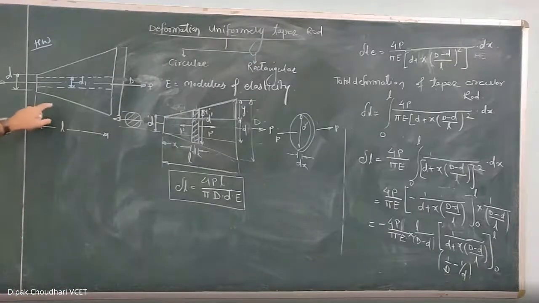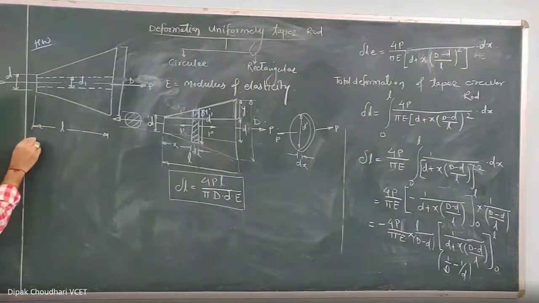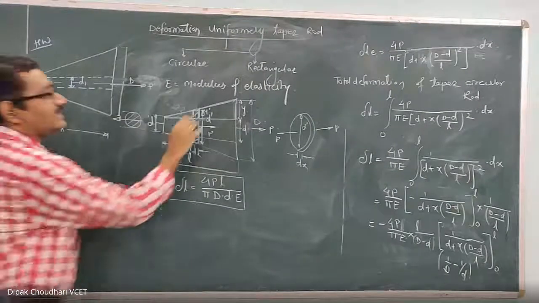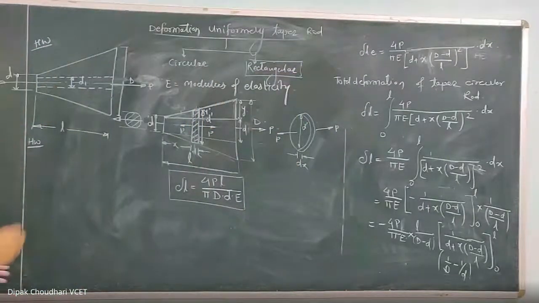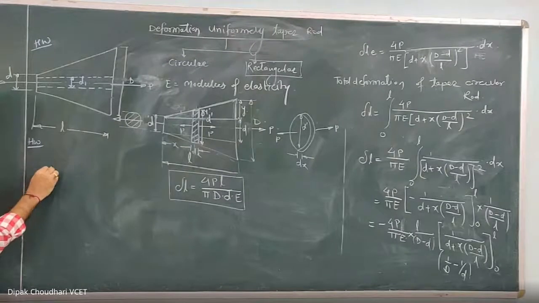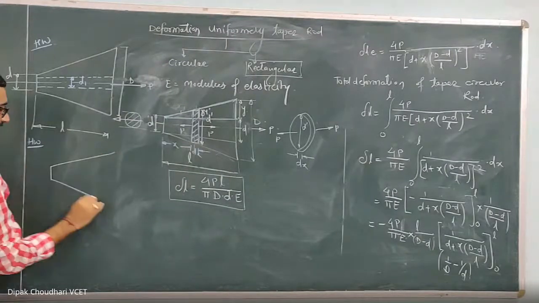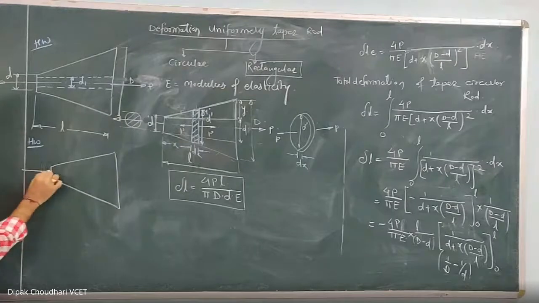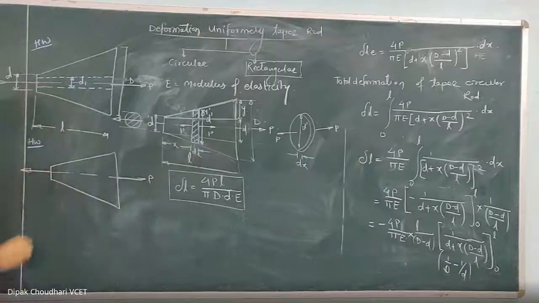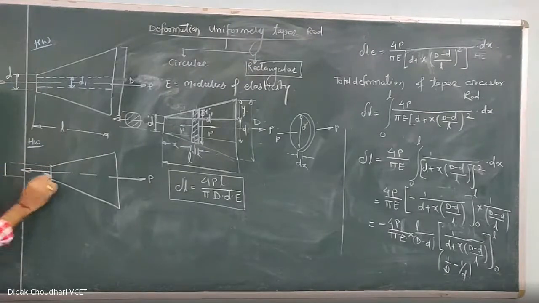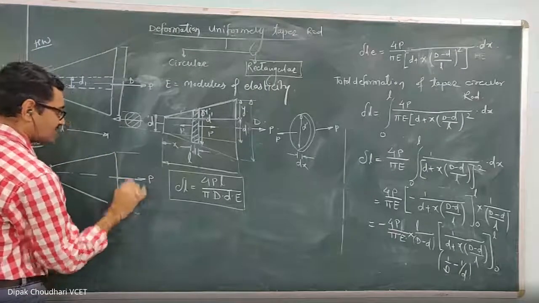To calculate the deformation of this. The second homework is this rectangular, uniformly taper, solid but rectangular rod. Okay, same procedure you have to follow. Now here, what is this? This is also a uniformly taper rod, but it is not circular. It is subjected to an axial force P. Here, this end is a rectangular one. Here the side view is like this. It is a rectangle, and here also it is a rectangle.